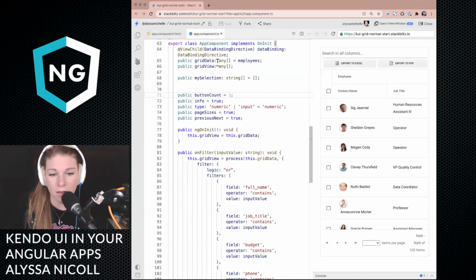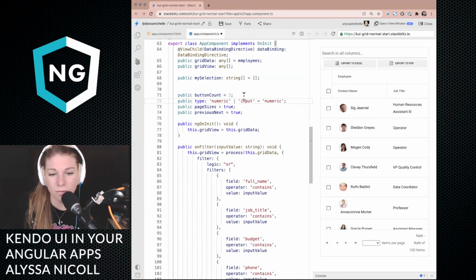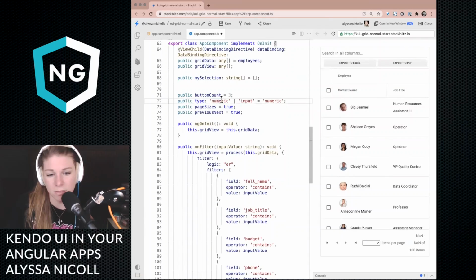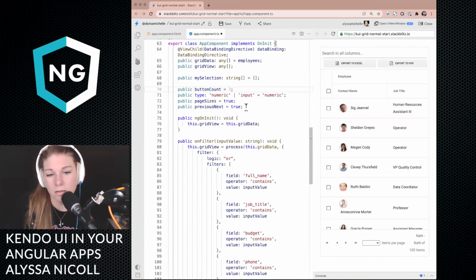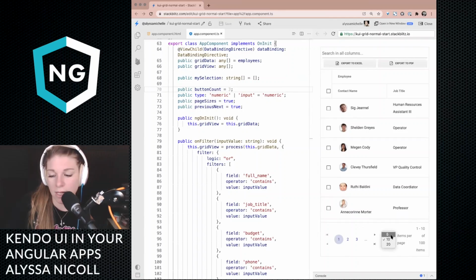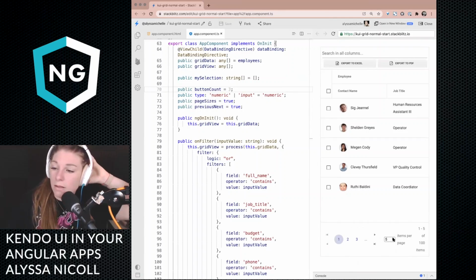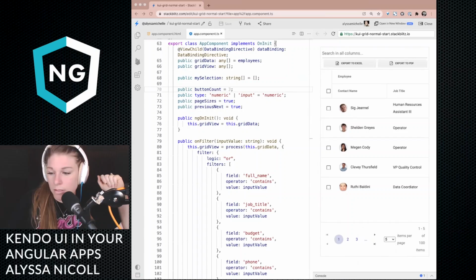Do I not have info of true? Maybe let's just get rid of it. A lot of times it defaults to just not being there. Items per page. So I think I need to figure out how to get a default items per page. But I am way over on time. So, I know what I'm doing.